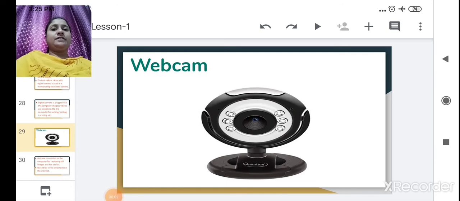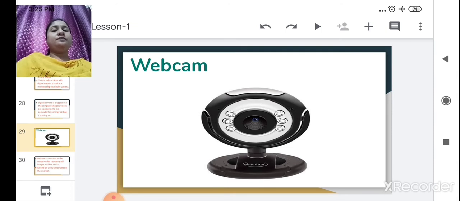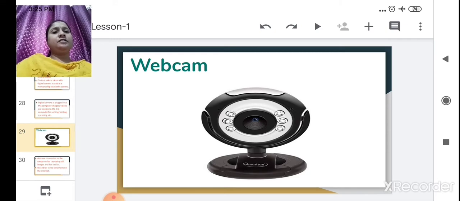The next input device is the webcam. This webcam is used to take photos and pictures, and also to have live chit chat with your friends, relatives and family using the internet.